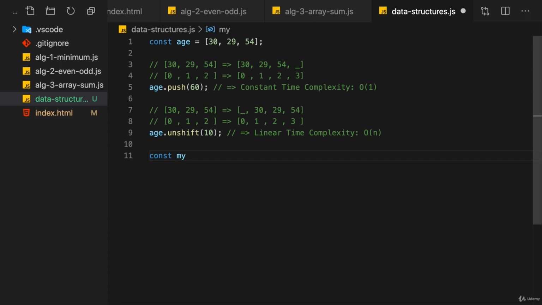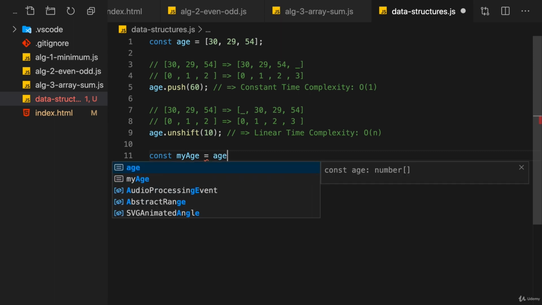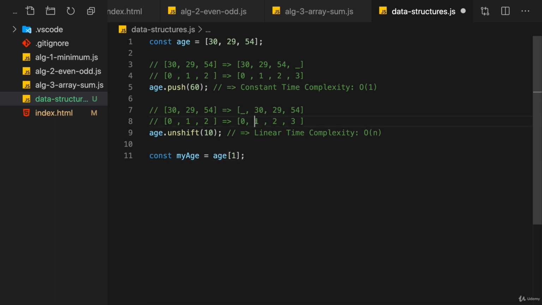What's also important to know and to understand is that, of course, it also costs you something. It takes some time to find an element. For example, if I want to get my age, and let's say I am 30, then of course, if I know that my age is stored in position 1, or here after unshifting, actually at position 2, I can get it by its index. Index 1 here gives me 30. So if I know that I want my age, and my age is the second item in the array, so it has an index of 1, then I can access it like this, and this actually accesses it at constant time complexity,